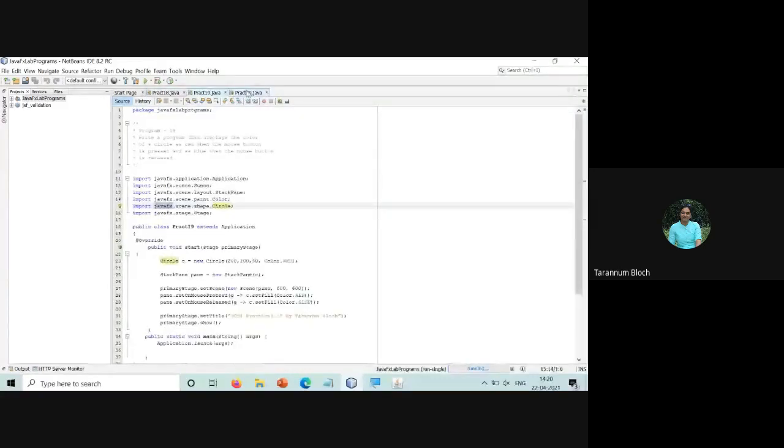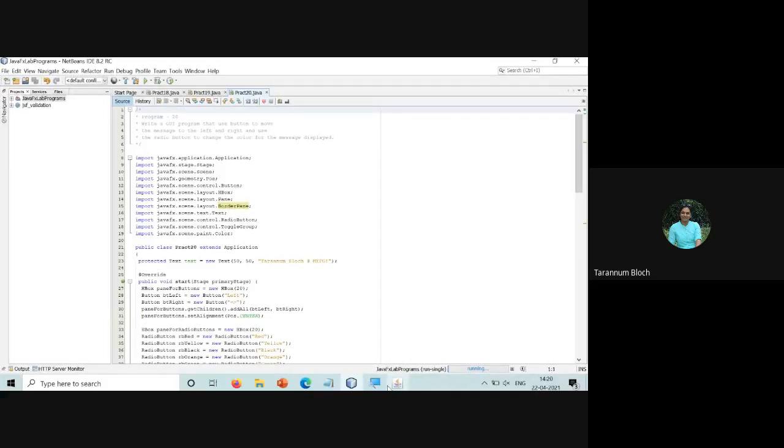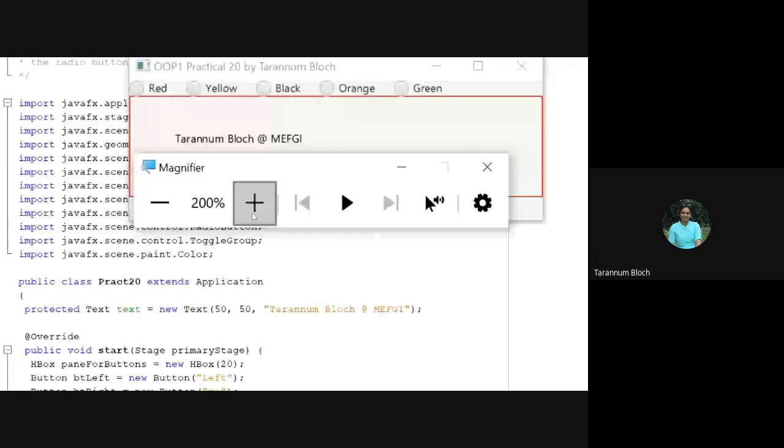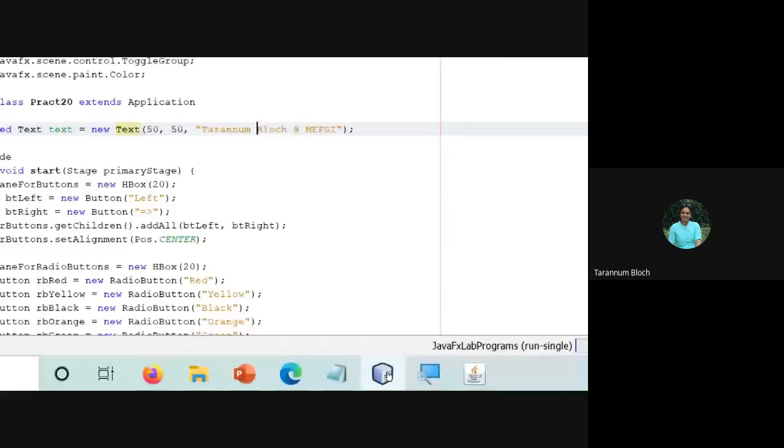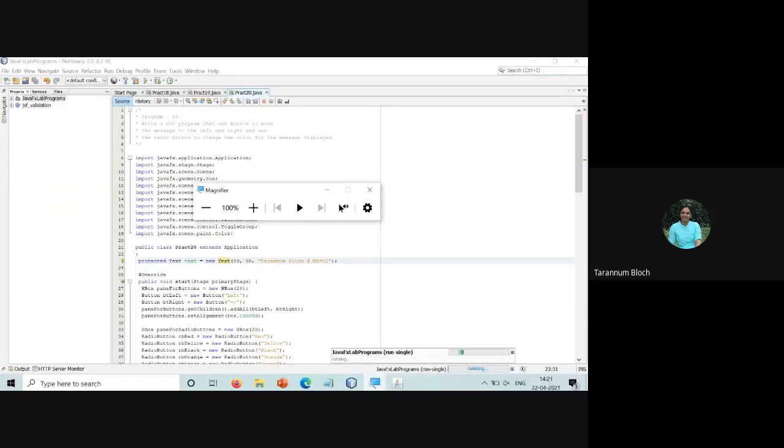Here it is. So we have taken Text as a class, which is there in scene.text. We said text is equal to new Text 50, 50. So 50 is x, and this is the y coordinate. X and y coordinates are given 50, 50, and then we give a string value over there. Right? So this is about your text class.